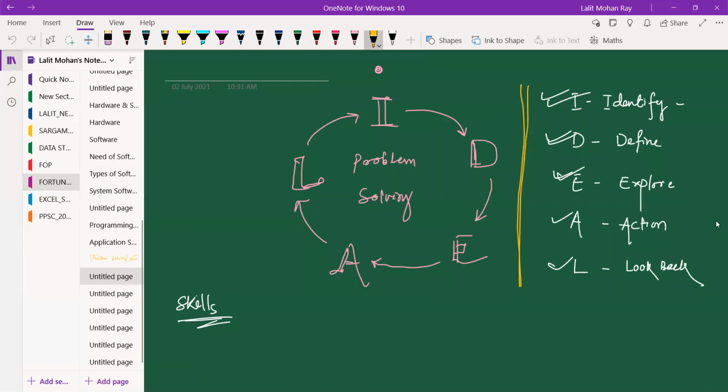You have to read the question repeatedly, so that you can identify the problem. If you don't read the question thoroughly, can you get what the problem actually is? What is the information given inside the problem? No, sir. So the best option, the first option, is to read the problem carefully. Read it repeatedly.